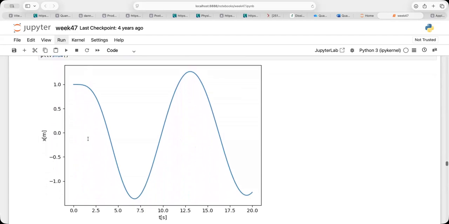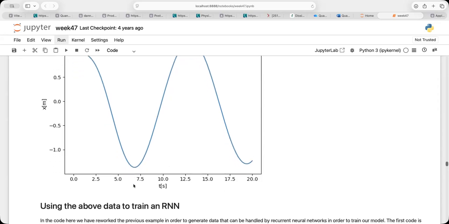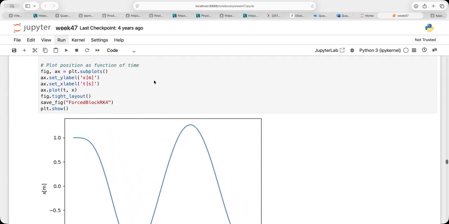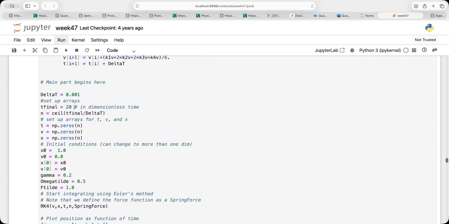And this is what it looks like. So in the beginning, the initial conditions and the damping try to decide a little bit more, but then the system has been taken over by the external force. And if I now let this be 200, you will see quickly if I rerun it.